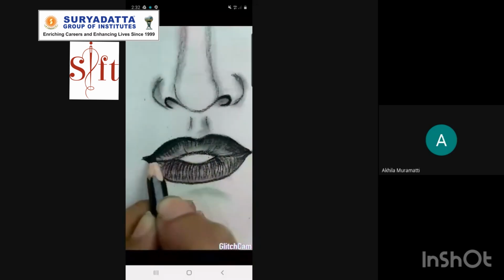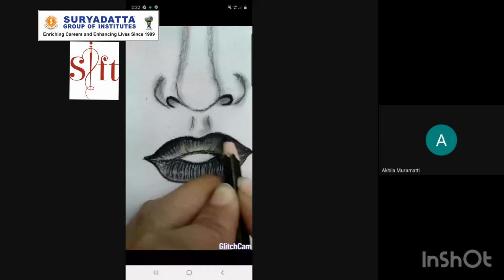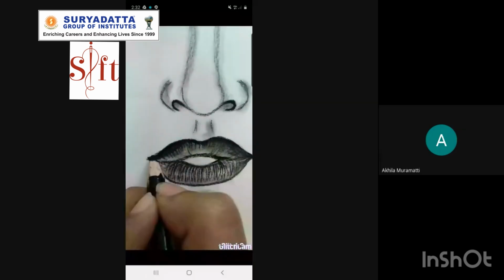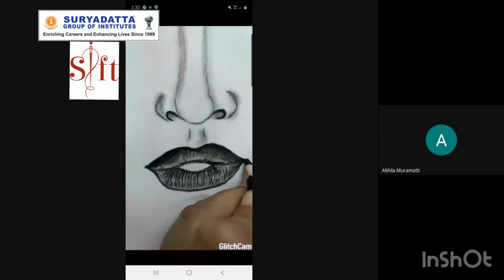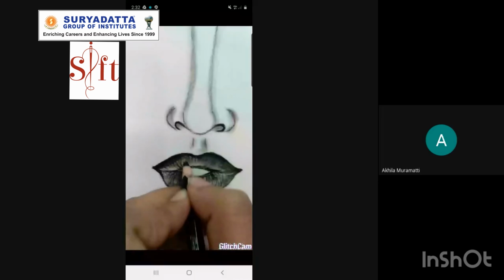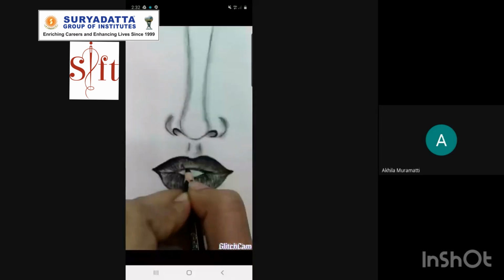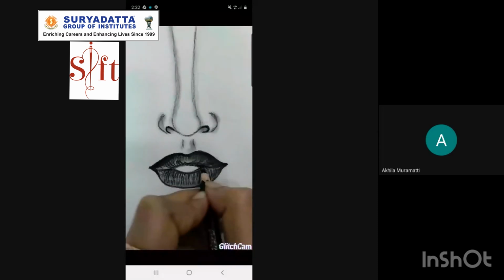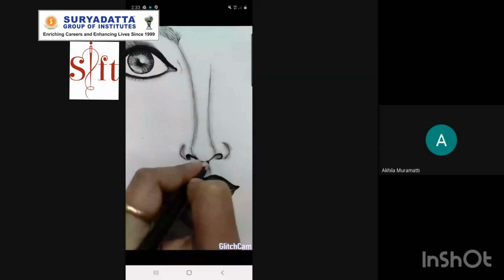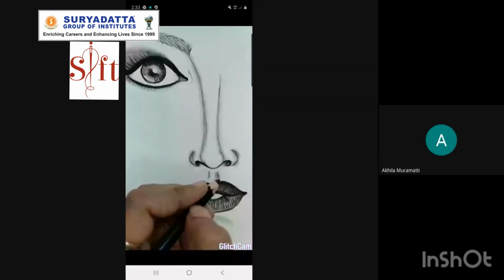The lip line. Here you can see I show it by only drawing a single line.